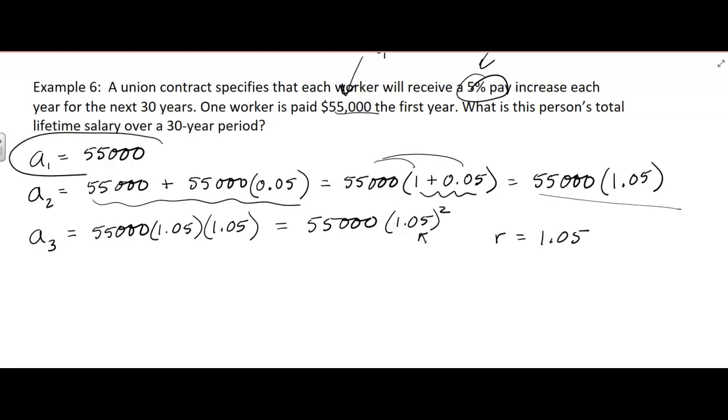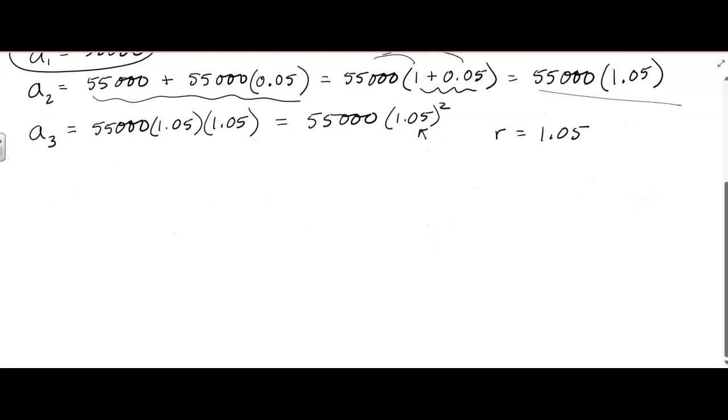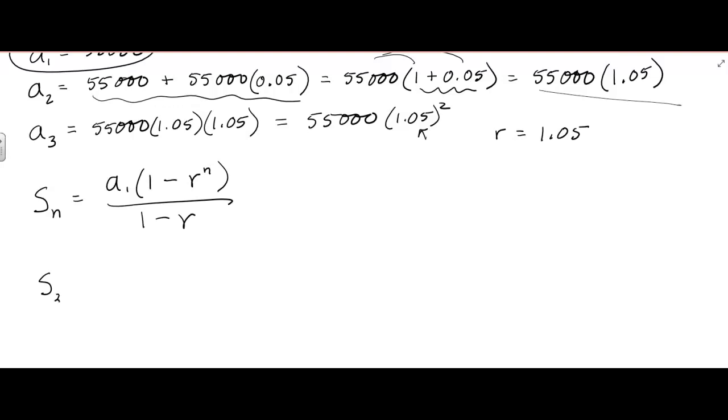And then you already know your A sub 1. And what are we doing? We're doing a total of 30-year period. Okay. So how are we going to do the sum of 30 years? Well, let me write the formula because that's the one I always forget. So sum of n terms is A sub 1 times 1 minus r to the nth over 1 minus r. Okay, so we're going to do the sum of the first 30 terms. We're going to work 30 years. It's going to be 55,000